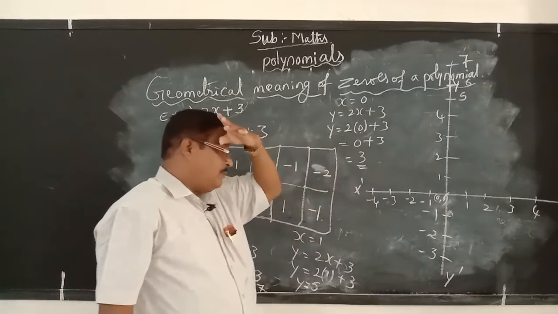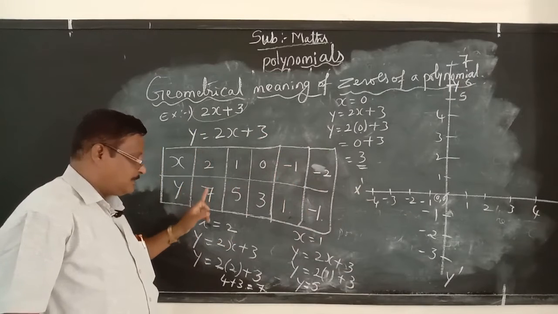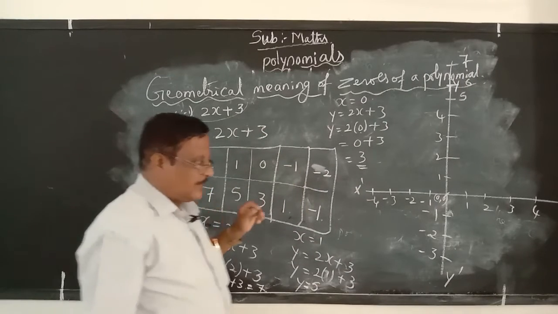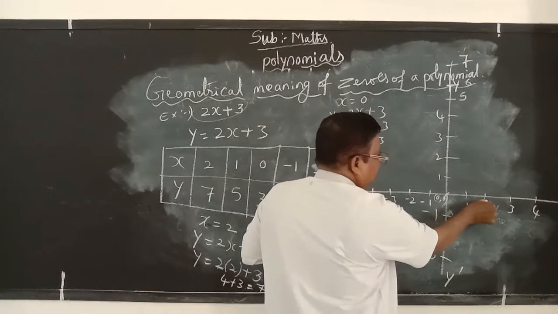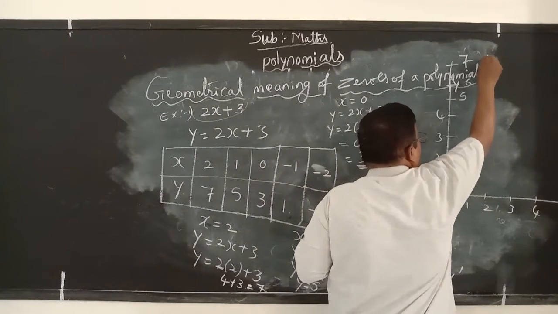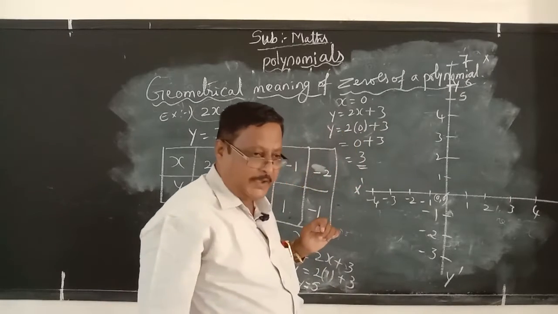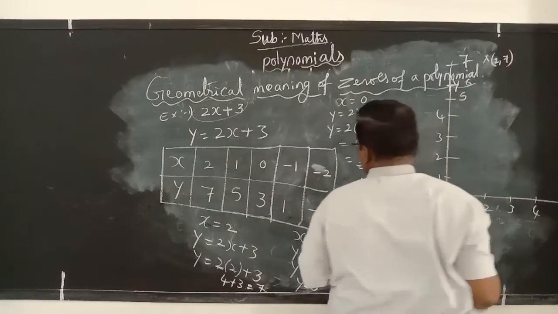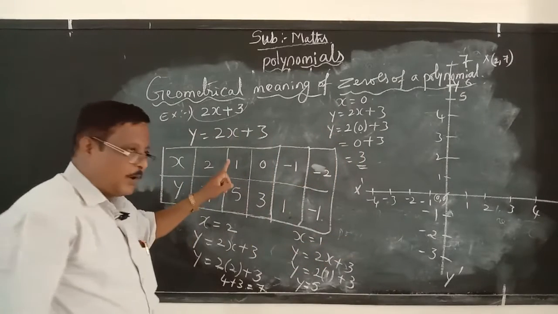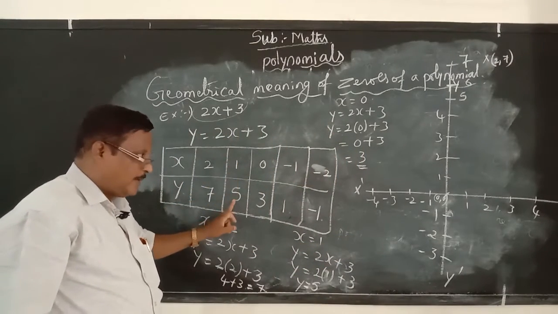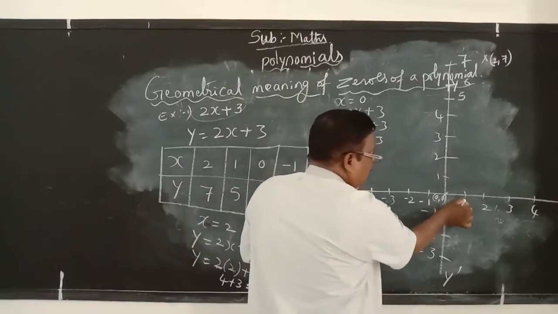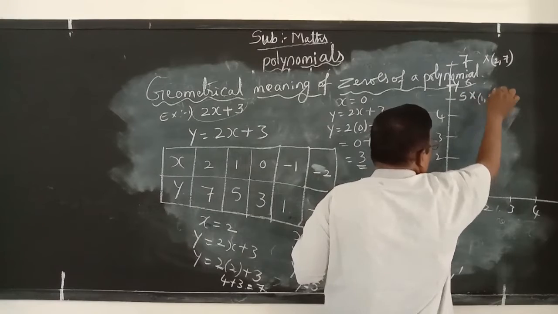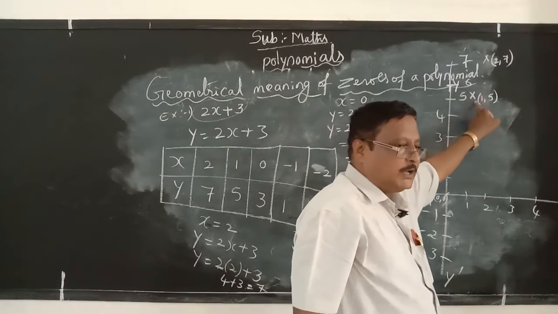Here first you see the value. X value is 2, y value is how much? 7. This is also a plus number. X value is plus 2, means here plus 2. 7 means go straight here. This is the point, mark it with a cross mark. Here you write x value is 2, y value is 7. Next, what is the point? You see, x value is 1, y value is 5. When x value is plus 1, y value is 5, means here, this is the 5. This is nothing but 1, 5. This point's coordinates are 1 and 5.